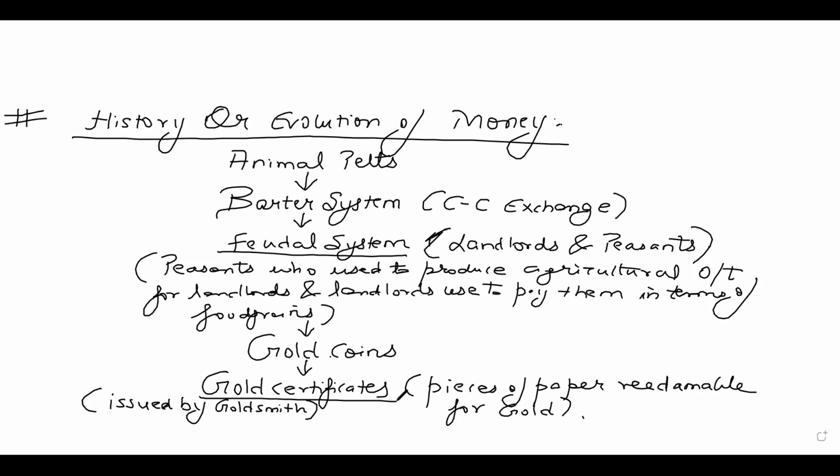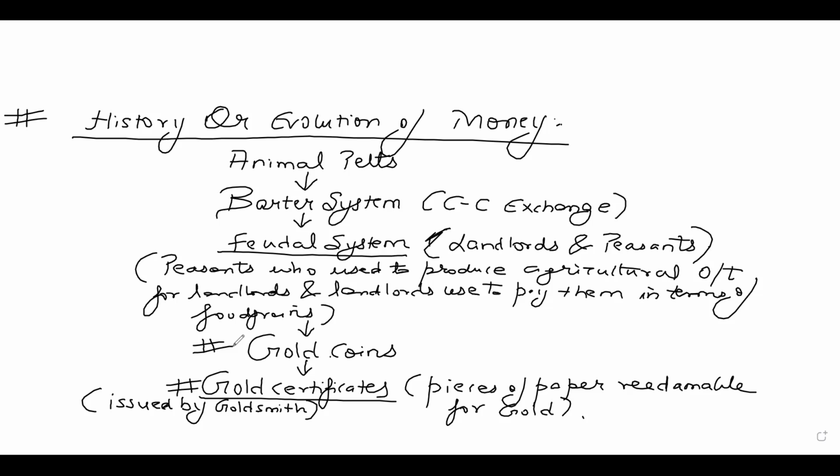In that particular time, you used to keep a certain amount of gold with the goldsmith. The goldsmith used to issue you gold certificates, and using these gold certificates, you can buy goods and services. Very simple. Whosoever had possession of a gold certificate could go to the goldsmith and redeem that much amount of gold. The improvement of gold certificates over gold coins was that gold certificates are portable. They are easy to carry. But again, gold certificates were also prone to theft, because if someone steals your gold certificate, that person or entity can redeem that much amount of gold.